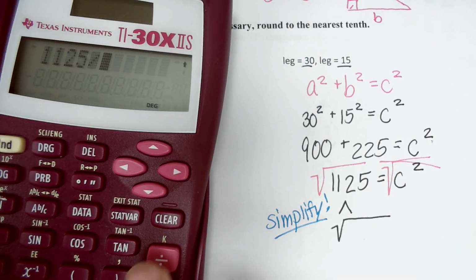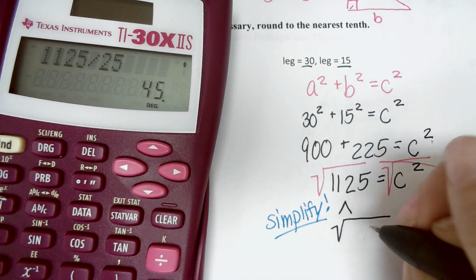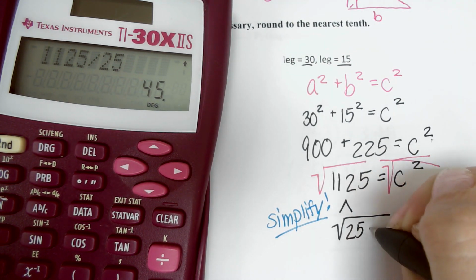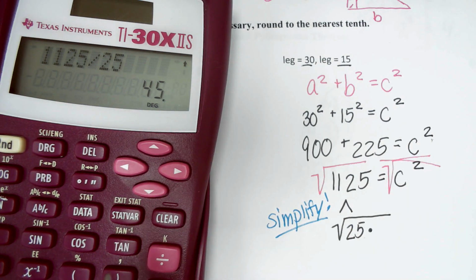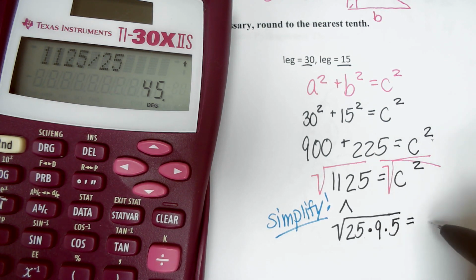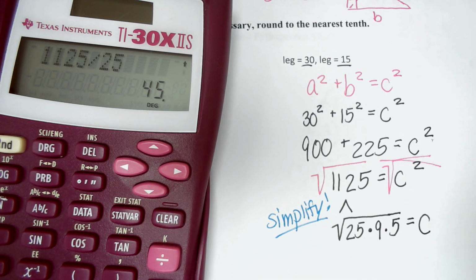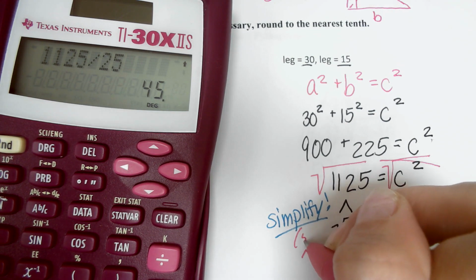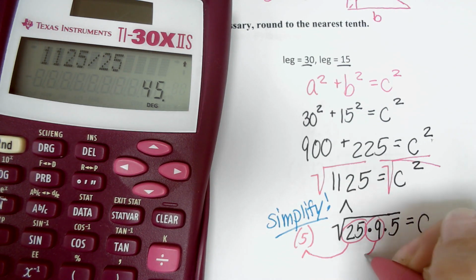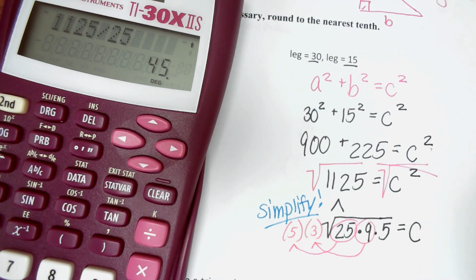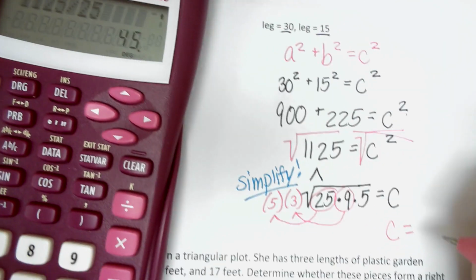So 1125 divided by 25 is 45. And then 45 can be divided by 9. So that would be 9 times 5 equals c squared. Now 25 is a perfect square, so that can get pulled out as 5. And 9 is a perfect square, so that can become a 3. That means our answer, c equals